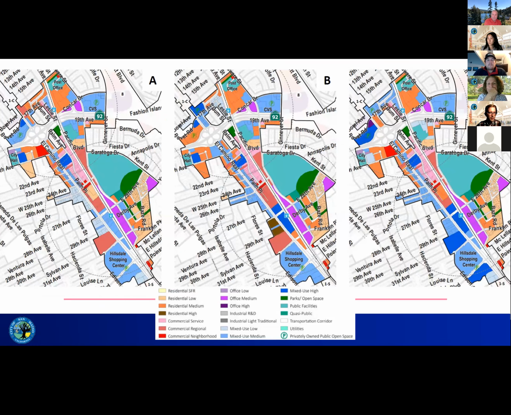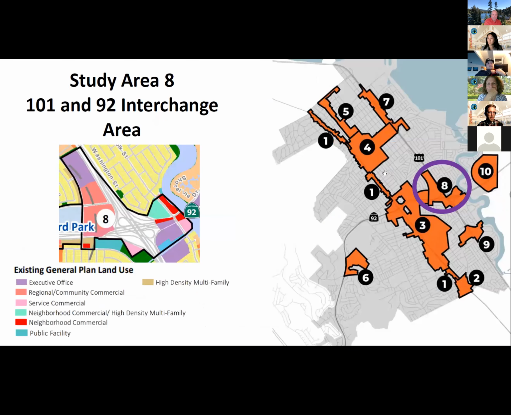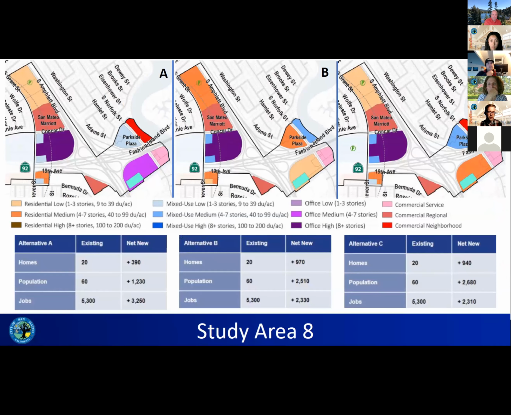So let's see. First question was related to congestion. So that is something that would be studied based on what the proposed land uses for this particular area. I don't know if you've had the circulation element discussion yet, but the circulation alternatives will be certainly part of the discussion, but that's something that we'd have to study. As we look at these potential land uses in each of the study areas, we would look at those types of impacts on circulation, on transportation, and take all of those things into account moving forward.